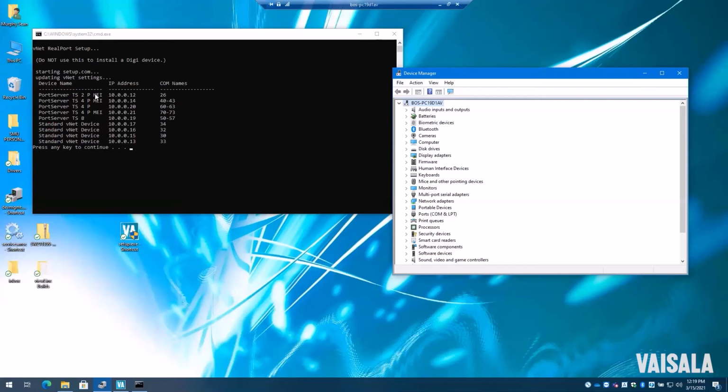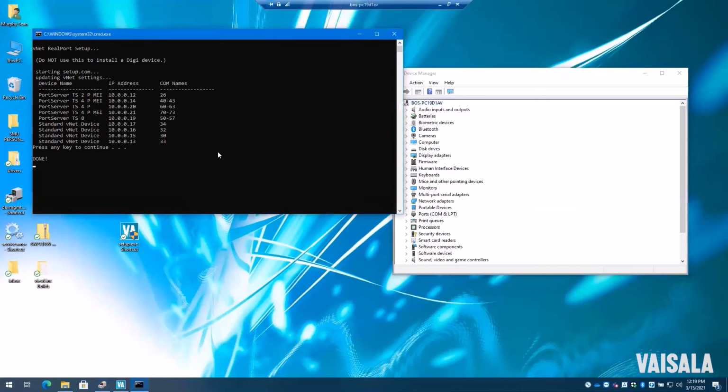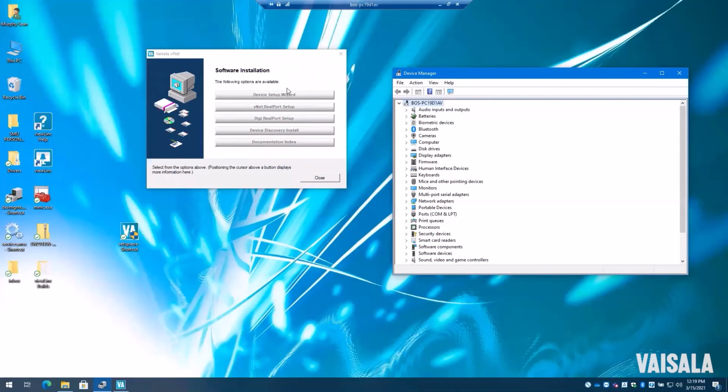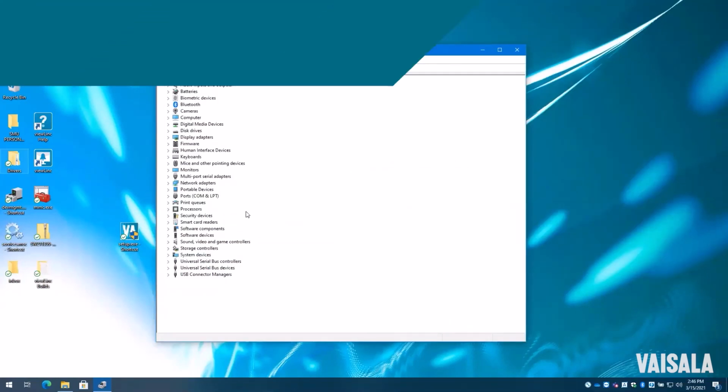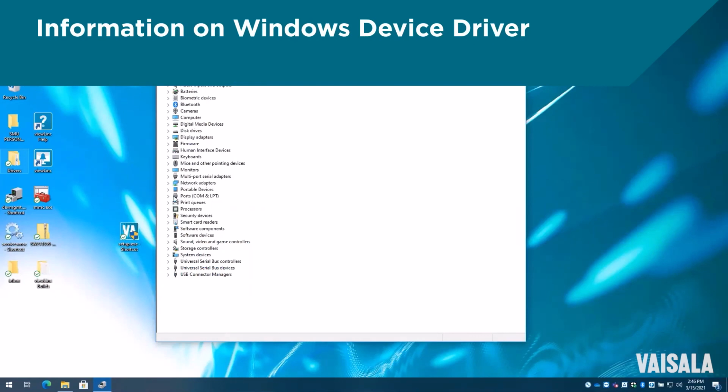So press any key to continue. And any key means any key, like enter. And now it'll go through. It takes a few seconds for it to refresh the software installation program, but then it resets itself for you to actually go in and install another device driver. So the idea is typically when you're configuring these things, you're going to do one after another, after another, after another.